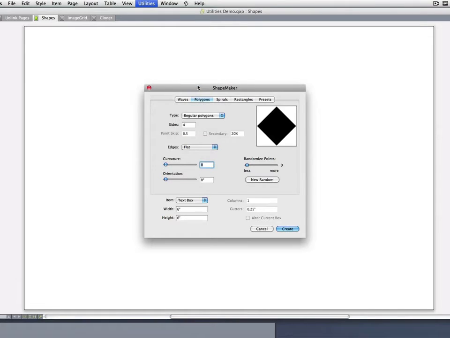Okay, let's go back to regular polygons and take a look at some of these other settings. So we'll do a 5-sided polygon. Now, the edges menu really lets you do some interesting effects with polygons. Typically, you would think of their sides as flat, but you can also apply a bunch of different effects to the edges. Like you can curve the edges with either a concave effect, meaning it's going to suck it in,